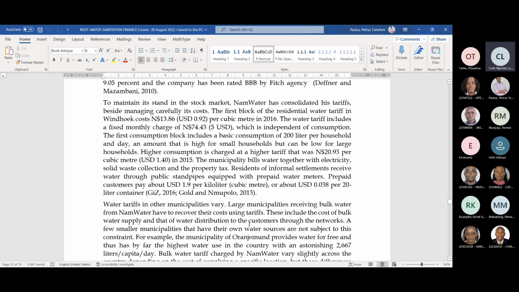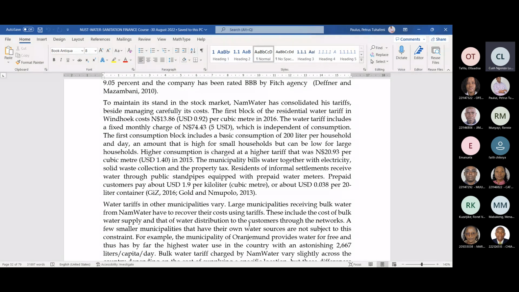So to maintain its standing in the stock market, NamWater has consolidated its tariffs. You have a tariff for the low consumers and one for higher consumers, and you can see that a cubic meter is $0.92 for low consumers, and then 1.4 for higher consumers. But still, all of them have to pay a fixed monthly charge of $5. So this helps NamWater to recover its costs from those consuming. The company also has a bulk water scheme, which helps it to charge generally mining companies across the country